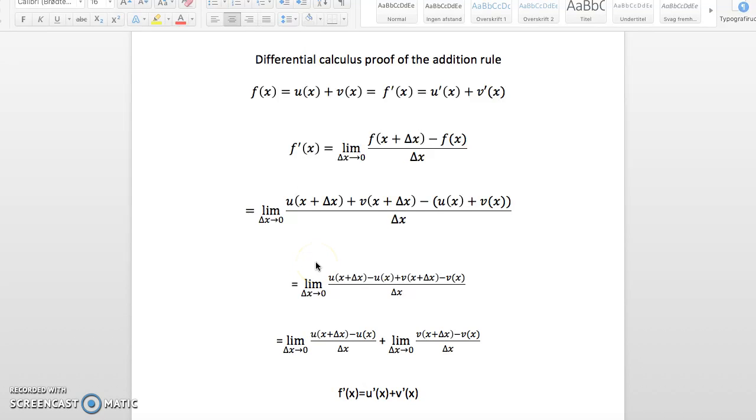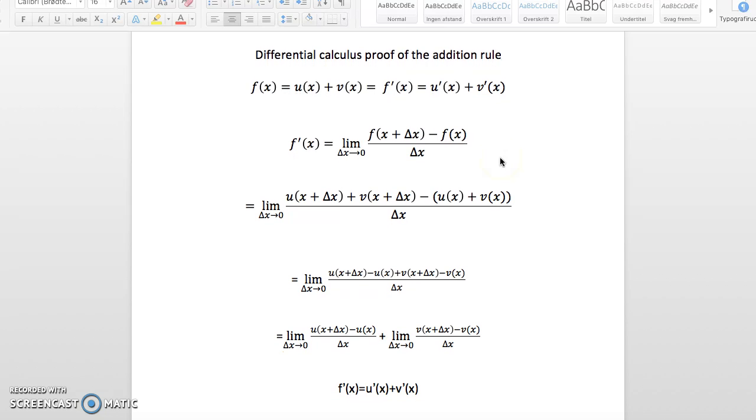Alright, this should work. So, I'm going to prove the addition rule of differential calculus. And the addition rule tells me that f of x is equal to u of x plus v of x is the same as f prime of x, which is equal to u prime of x plus v prime of x. So, first I'm going to apply the differential quotient, which tells me that f prime of